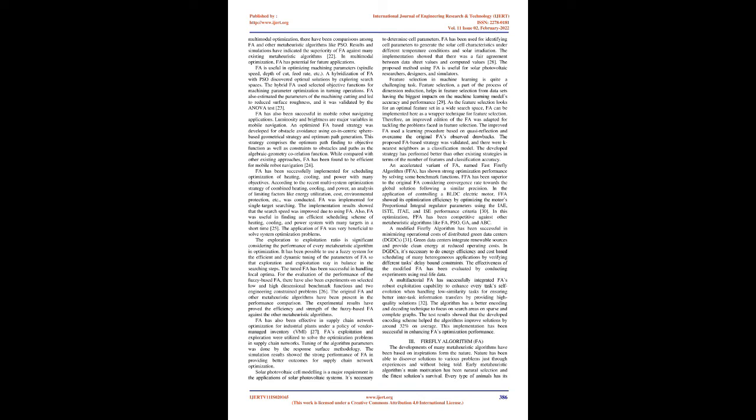FA has also been successful in mobile robot navigating applications. Luminosity and brightness are major variables in mobile navigation. An optimized FA-based strategy was developed for obstacle avoidance using concentric sphere-based geometrical strategy and optimum path generation. This strategy comprises the optimum path finding to objective function as well as constraints to obstacles and paths as the algebraic geometry correlation function. While compared with other existing approaches, FA has been found to be efficient for mobile robot